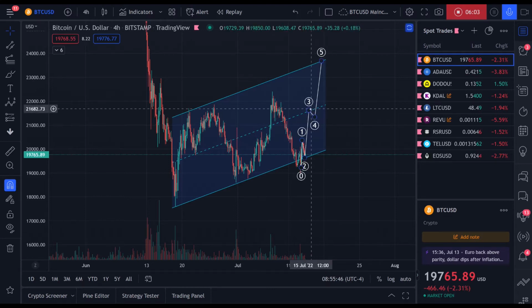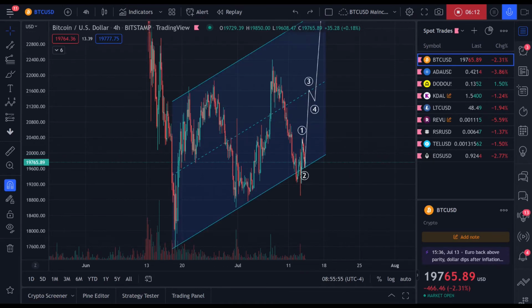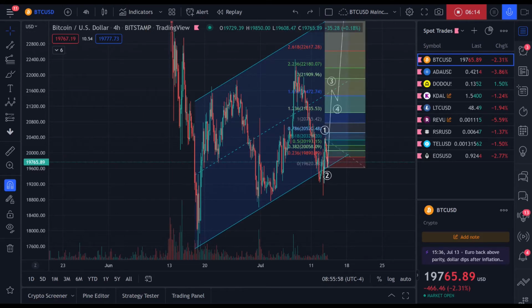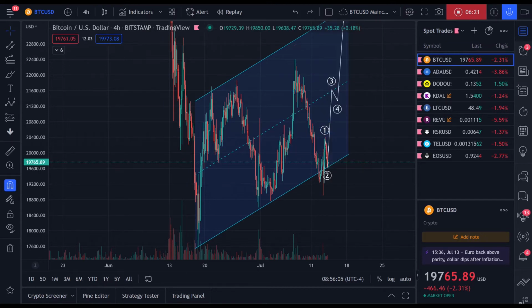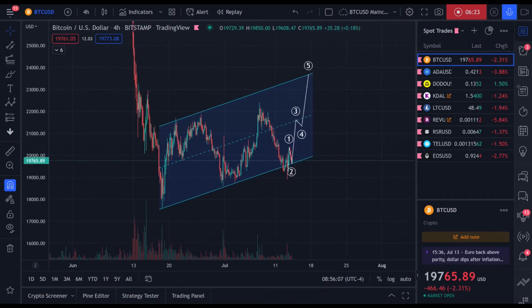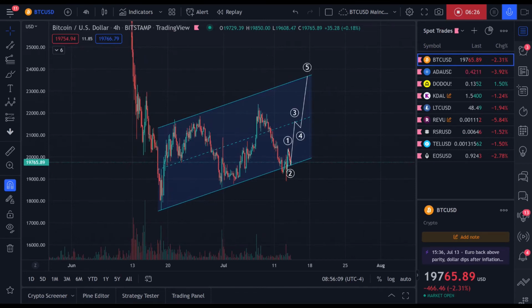So it's likely that our third wave ends at the middle of the channel, which would represent some resistance, and again, that would be confluent with the 1.618, between the 1.618 and the 2 Fibonacci extension. So I'm anticipating a wave 3 that goes there. Obviously, this may not necessarily happen, and you may get an extended wave 3, because we all know that's possible. Wave 3 can extend for as long as it wants, but just on the balance of probability,